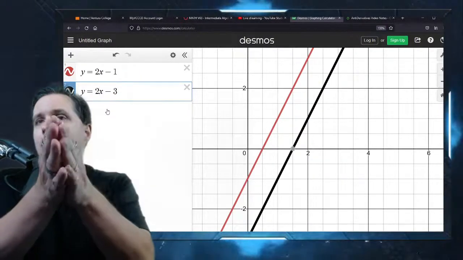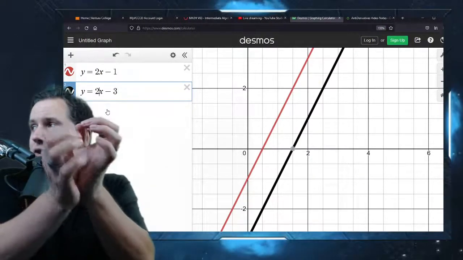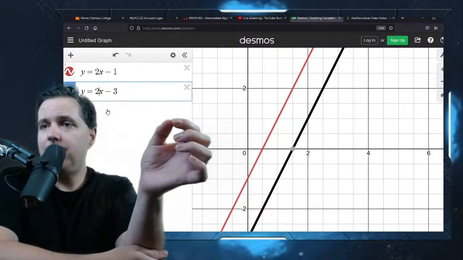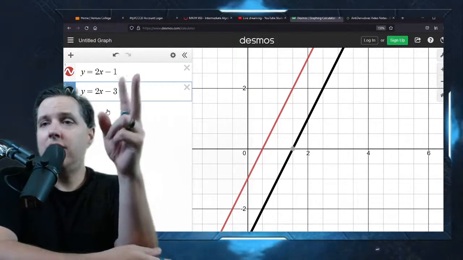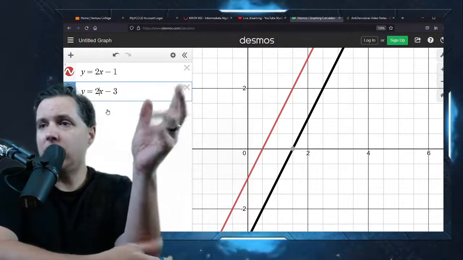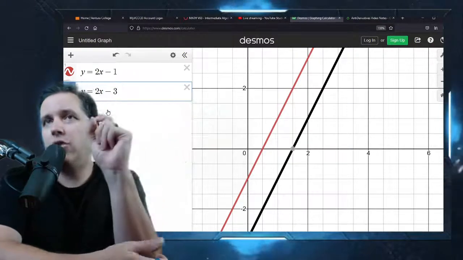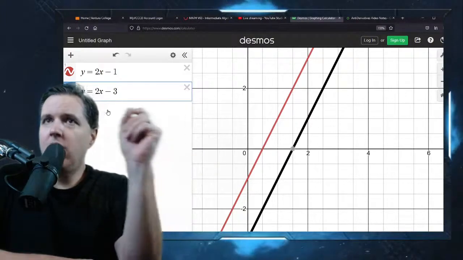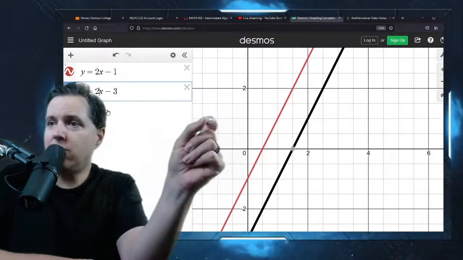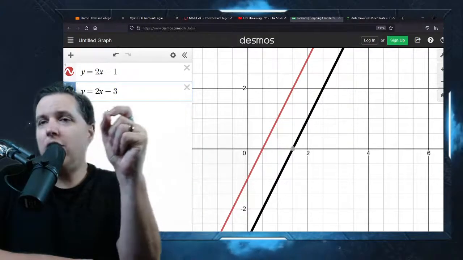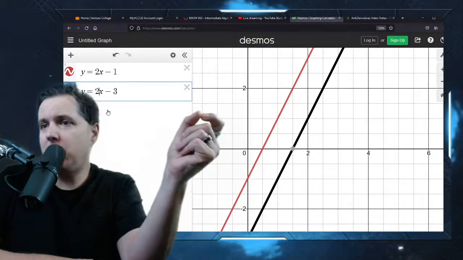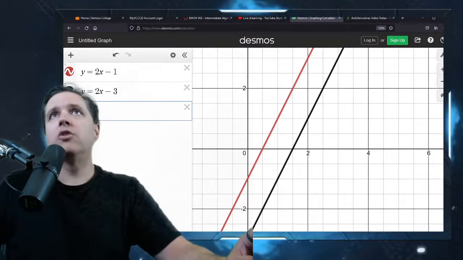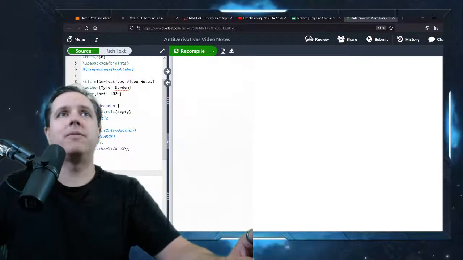So, two parallel lines. We've decided that the solution to a system of equations is the intersection point of those lines. Well, this system right here has two parallel lines. There is no intersection. So what is our conclusion? What do we conclude if we think that the solution to a system of equations is the intersection point? The system that we're looking at has no intersection point. Well, then it follows that there is no solution to the system of equations. So this is a case where you would say no solution. There are two ways that happens sometimes.